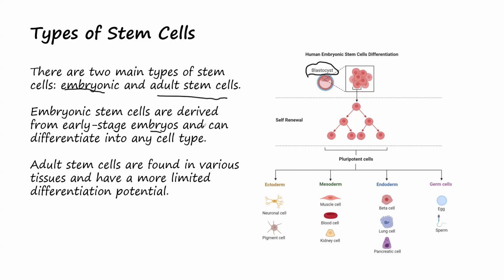And then at the embryonic level, we get pluripotent cells. So at the embryonic level, we have pluripotent, while at zygote, morula, and blastula or blastocyst, we have totipotent. So what is pluripotent? Pluripotent stem cells are cells that have the potential to produce many different cells in our body,